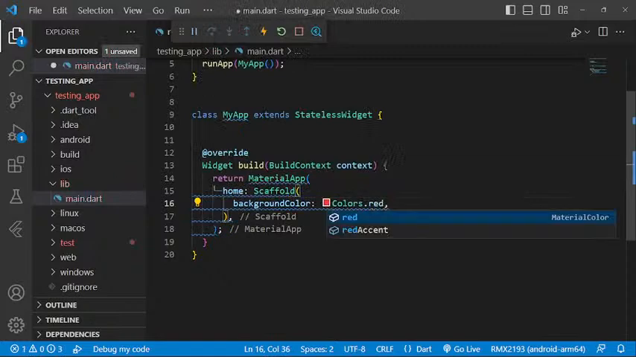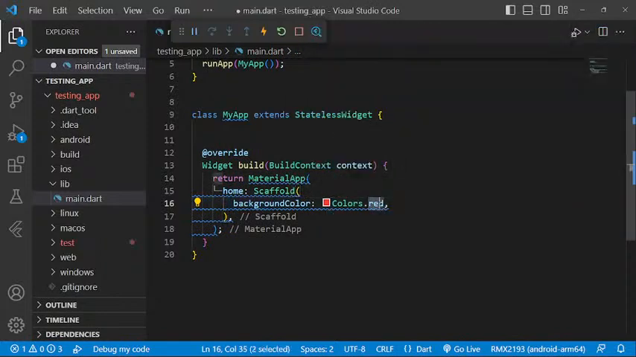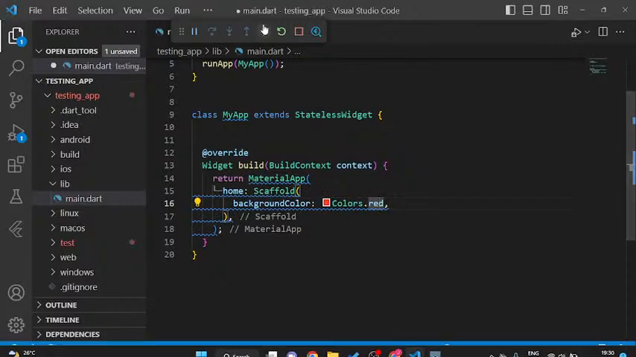See, Colors is a class which contains all the colors. Using the dot operator you are using the red attribute. As I said, every class is a collection of attributes and functions. This is the object for the Color class. Colors.red, I am using red. Now if I do hot reload,